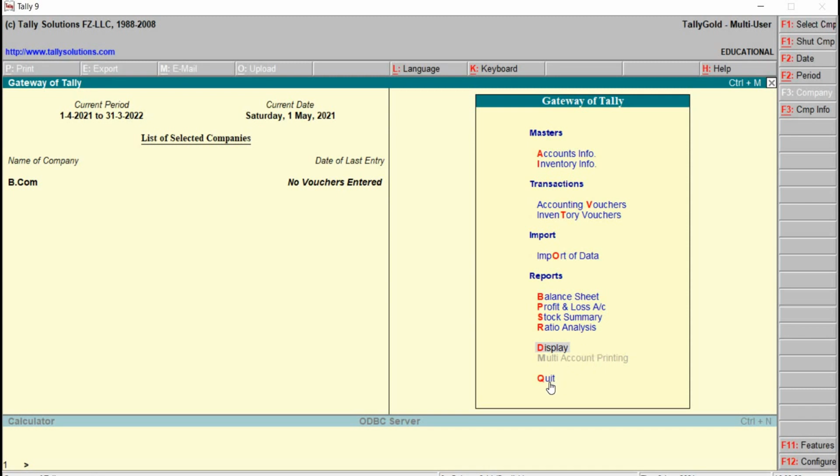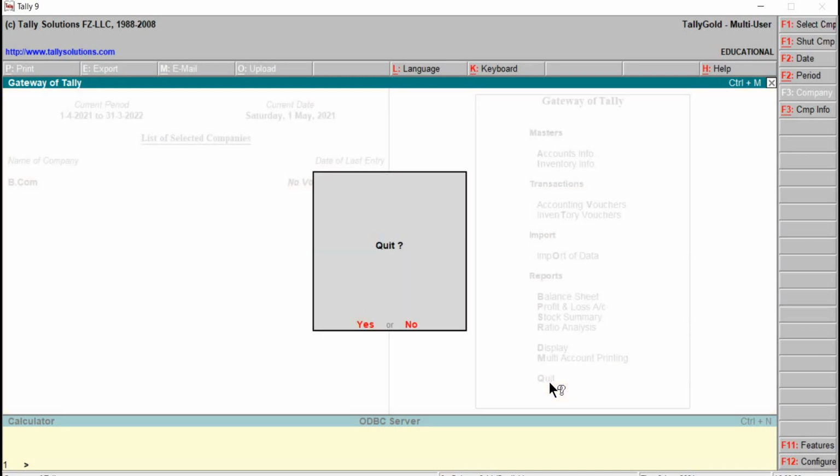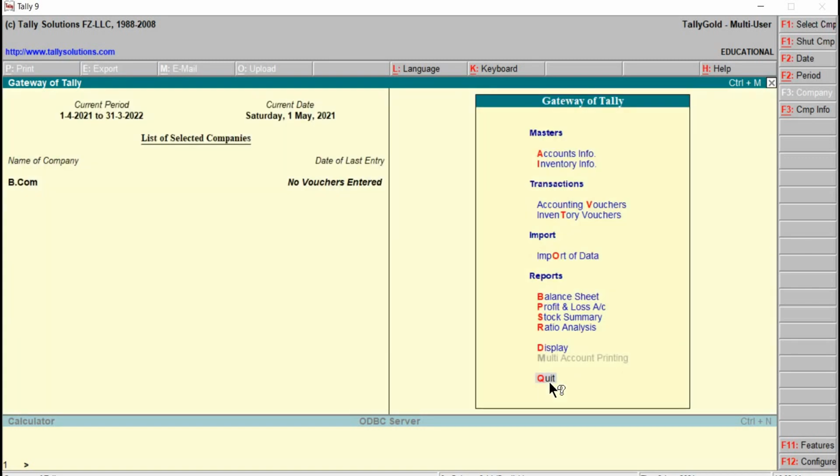Then here we have the quit. Quit indicates to come out of Tally, right? I just press the key quit. Then to quit, press Y. Suppose you are not interested in quitting the Tally application, press N, that is, in that case we have to press the key N. Another way is also available: here we can see there is a close button, right?